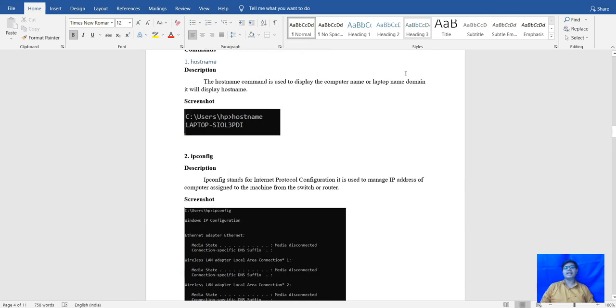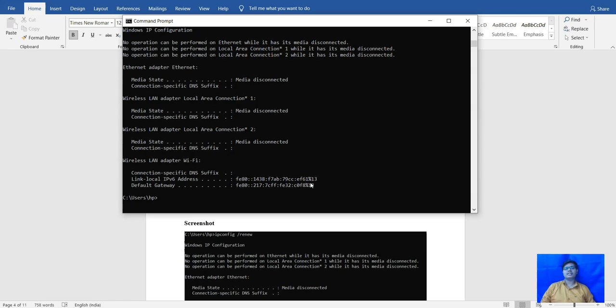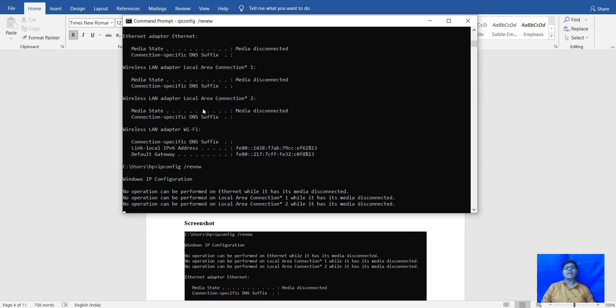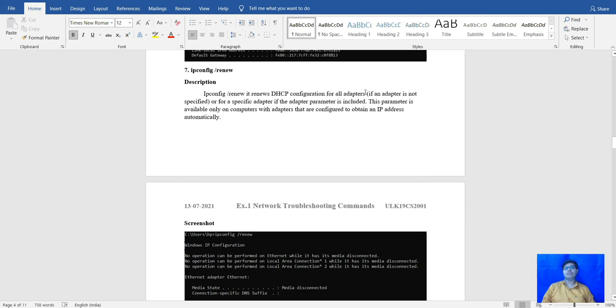It will release, and after that, if we check the next command, that is ipconfig /renew, this will renew the IP address. It has shown here that the IP address is gone. If we type renew here, it will give us a new IP address that will be assigned from the DHCP network. So yes, after that, if this command is showing us the IPv4 address, the same address has come here. After that, we will move to the next command.